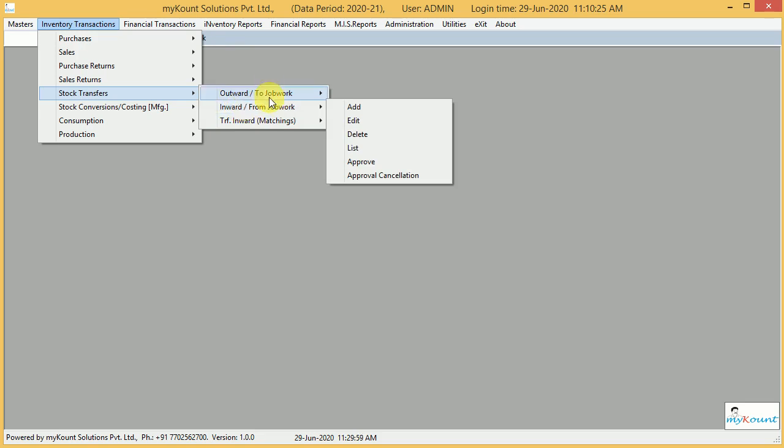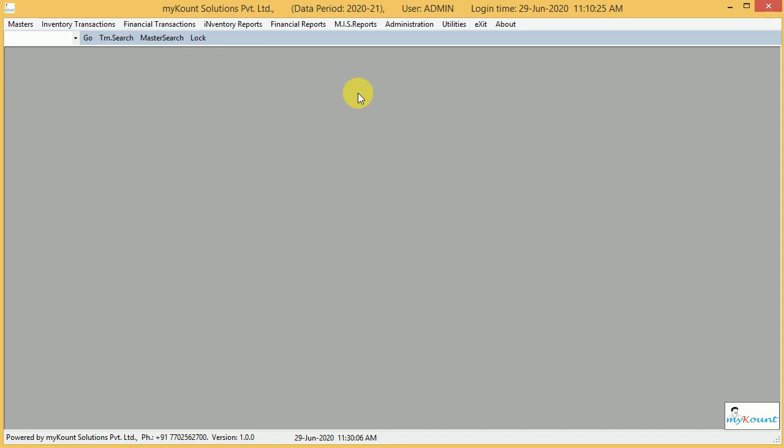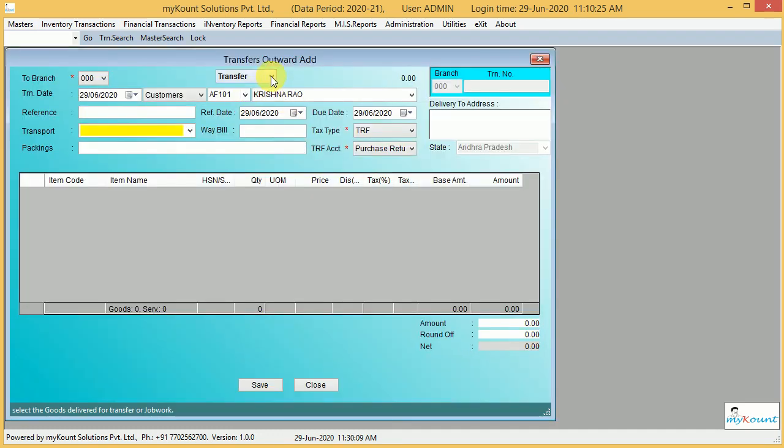So this is useful for transfer as well as job work. At the time of entry, it will ask whether it is branch transfer or job work. With this we can segregate the transactions.